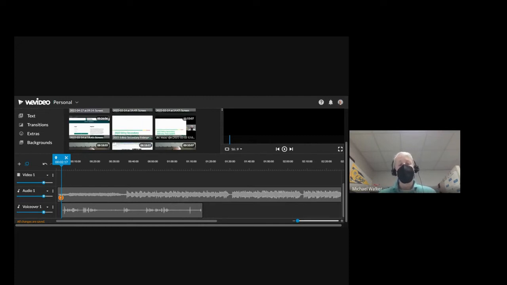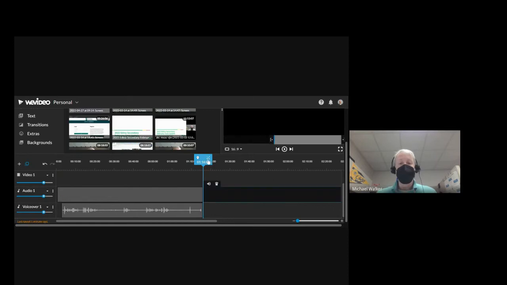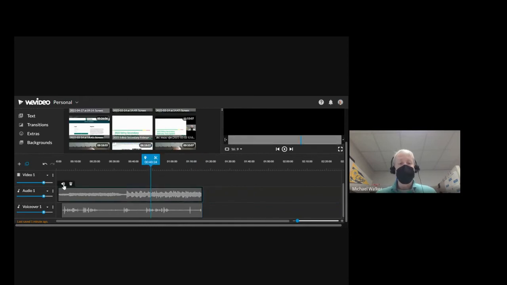And now that it's dragged over, I could even come in and say, okay, I want the playhead to be at the very end of our thing, and I'm going to clip it there. So now it's clipped and we can delete the part that we don't want. But then I can go in and click on the audio options, and I can start here and say, okay, I maybe want my audio to start off a little bit louder, but then right about here, I want to bring it down so that it's just barely in the background. Like so. And now if I play this,